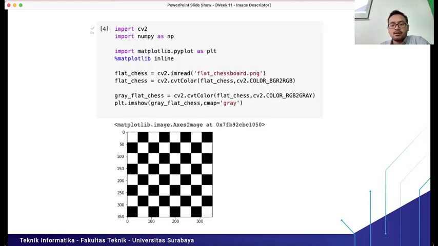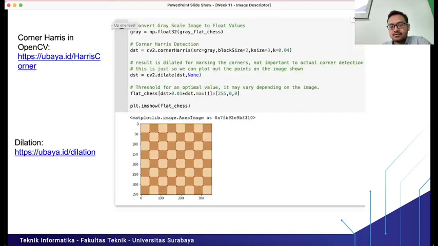You can open your Google Colab, implement this code, and we will see the output is only the corner positions from the chessboard. So this is the corner, right? This is very important if we want to classify an image that contains corners. We don't actually need to use all of the pixel values. For example, if you want to classify the image, we only use the corner positions from the image. We don't need all of the pixel values, right?